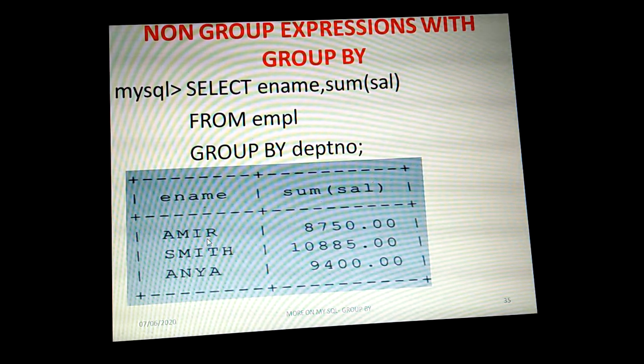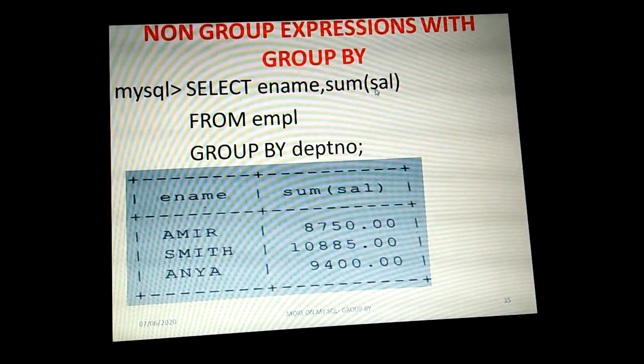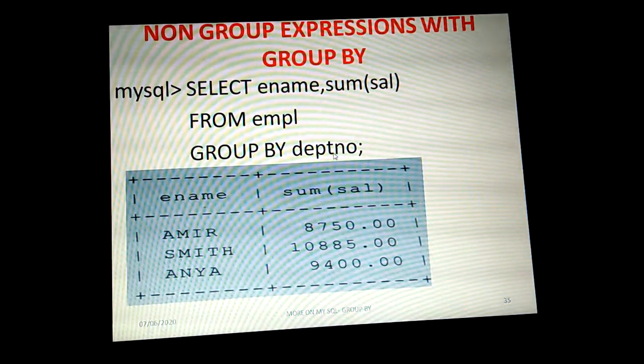Here we are displaying ename and sum of salary only. Ename is the non-grouping field and sum of salary is an aggregate function, but we are going to group by department number, and ename is not in the group by. Even so, it will not generate any error.